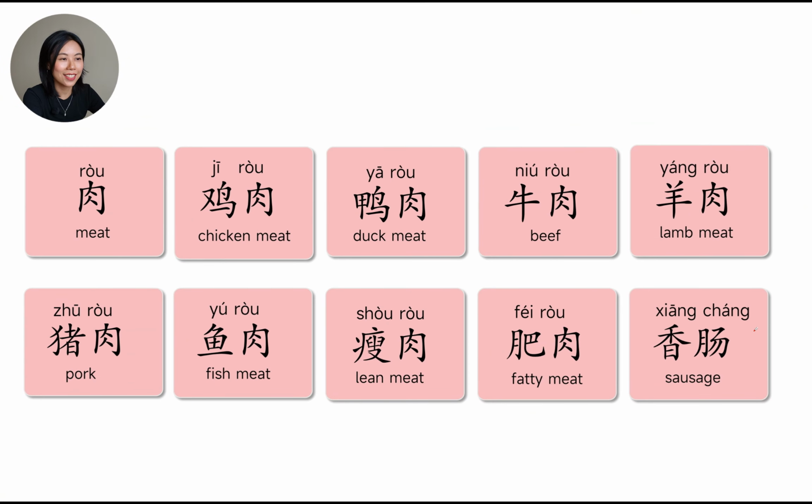So that's all the meat words we are going to learn in this video. Let's do a very quick review. 肉，鸡肉，鸭肉，牛肉，羊肉，猪肉，鱼肉，瘦肉，肥肉，香肠，很好。